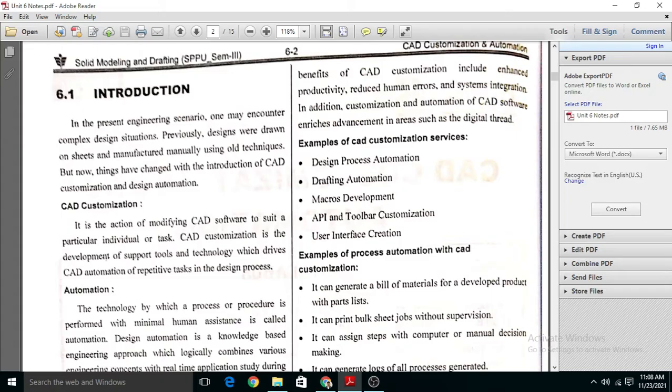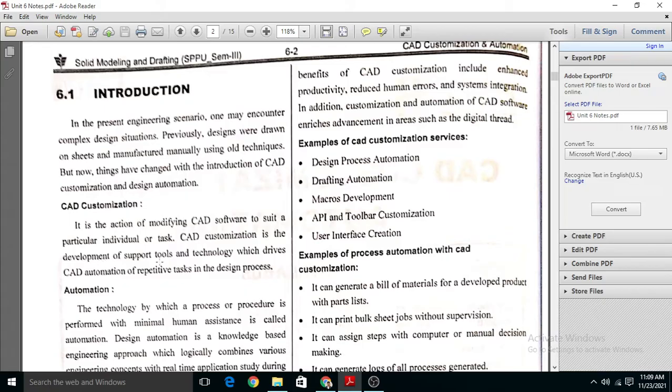Means we want to modify the CAD software in such a way that it will be suitable for a particular application or it will be suitable for a particular task. Okay, so CAD customization is a development. What is the CAD customization? It is a development of support tool and the technology.